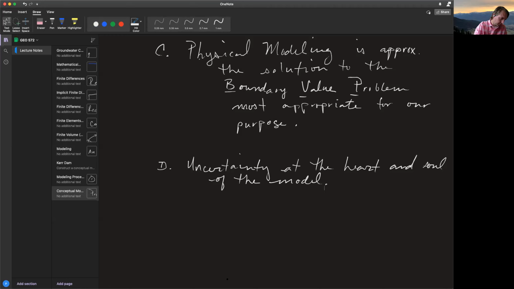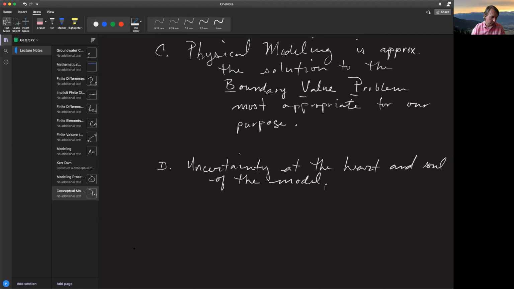Okay. So I think principle A is big enough that we want to take a little more time here. When we talk about the question which we're trying to answer, we want to be as specific as possible. For example, we want to be as specific and quantitative as possible when we start designing our model. So as an example,